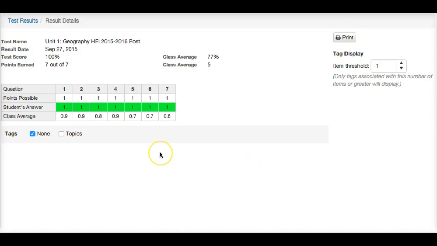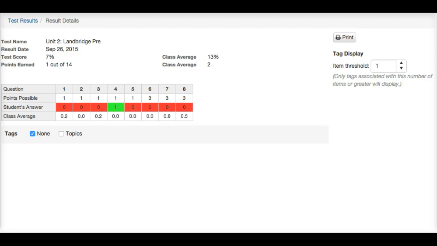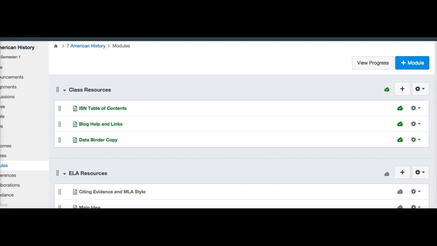All right, now that we're done looking at this test, you're going to go back to test results, and you're going to find your land bridge pre-unit 2. You're going to, again, make sure threshold is 1, hit topics, pops up with them. And now you need to find your data binder because we need to add slides in. So the first thing you need to do is go to that copy of the template, which is going to be data binder copy in Canvas,